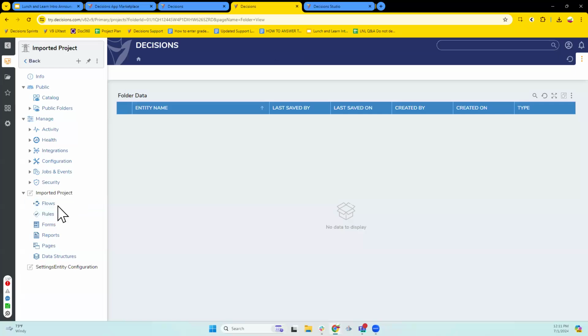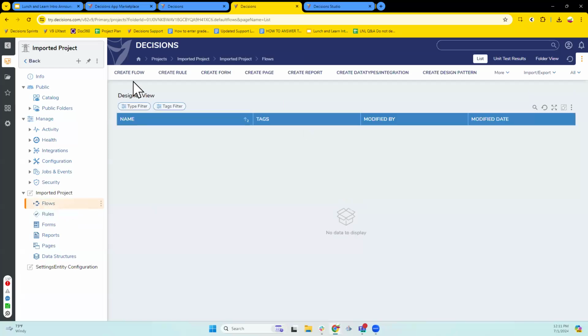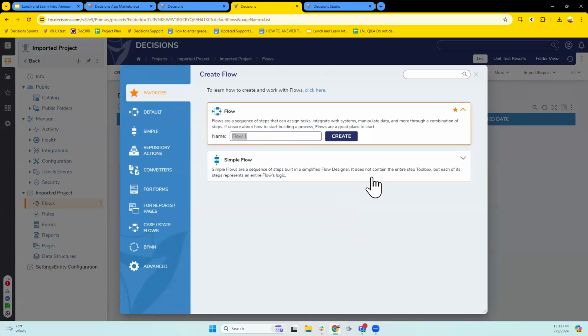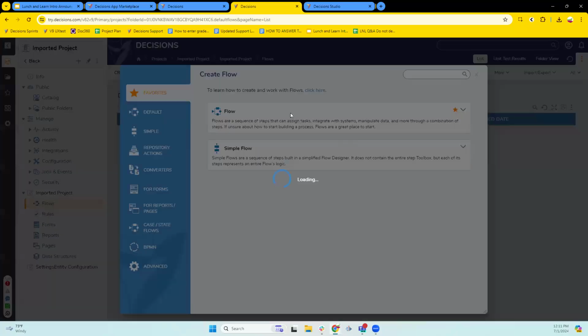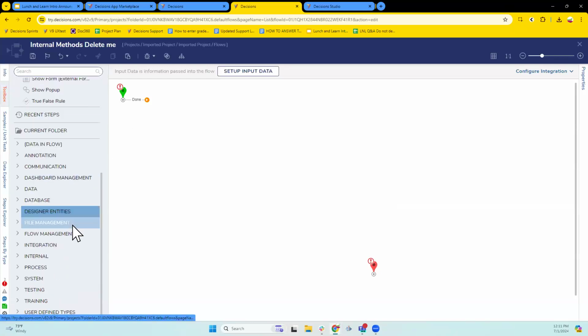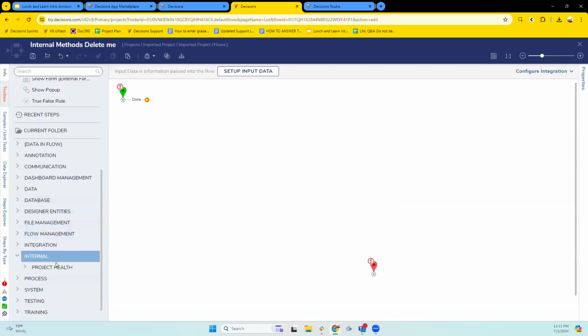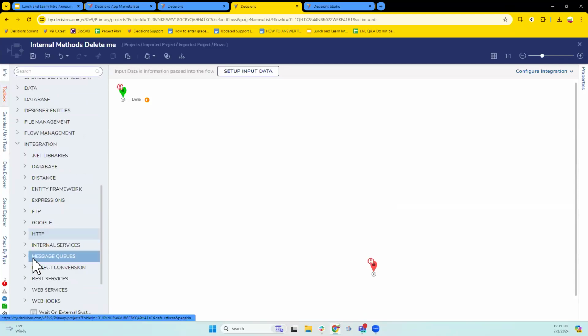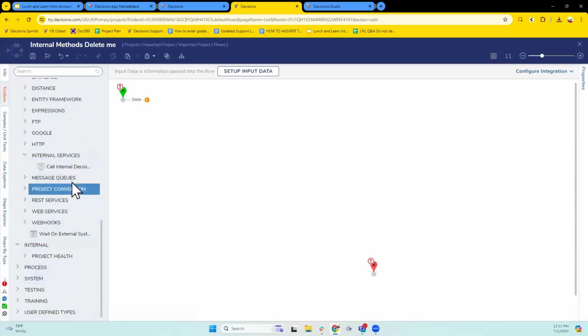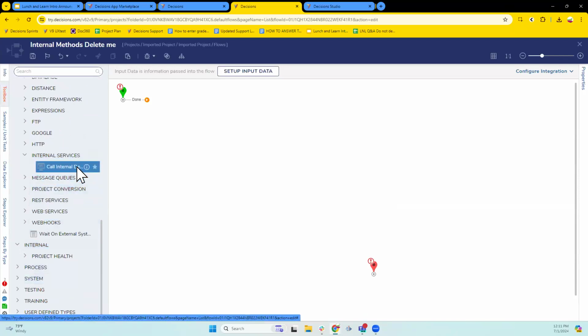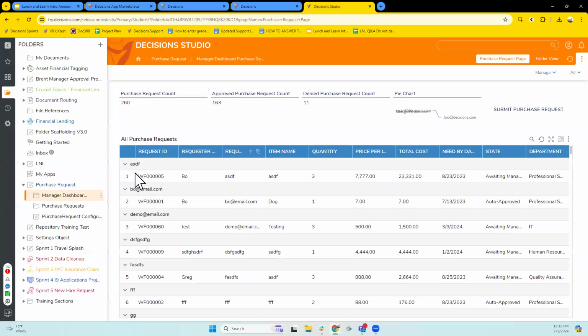Another thing that has changed is internal methods. In previous iterations, you might have had the option to go through integration, internal, and then do a group service, maybe to get groups or something like that, or a file reference service, something along those lines. But notice how now under internal services, compared to,